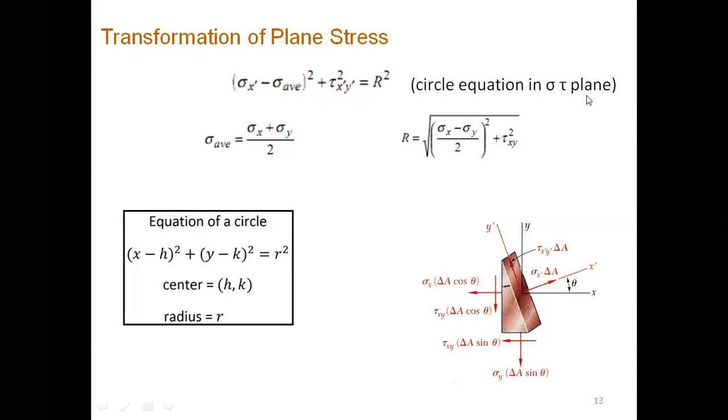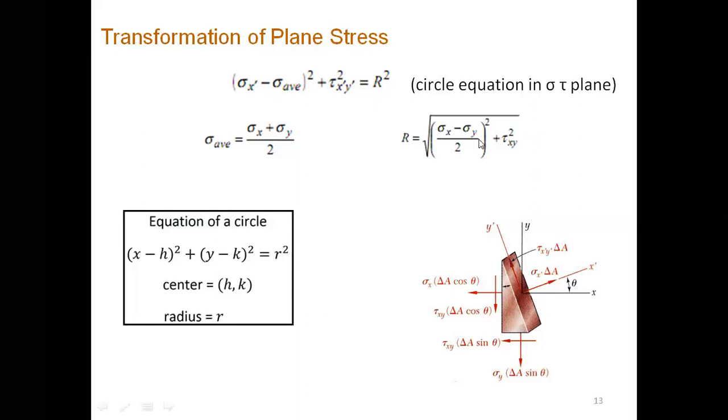The sigma and tau plane. This is the equation of a circle in the xy plane, and this is the equation of a circle in the sigma and tau plane. Here we have sigma, here we have tau. So in sigma and tau parameters, this is the equation of a circle, where sigma average is sigma x plus sigma y by 2, and R is the square root of (sigma x minus sigma y by 2) whole square plus tau